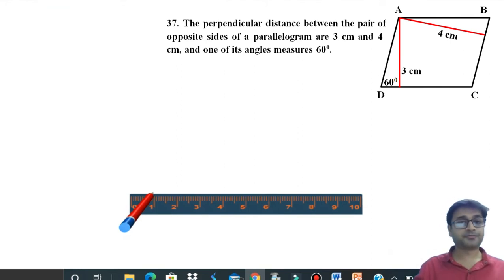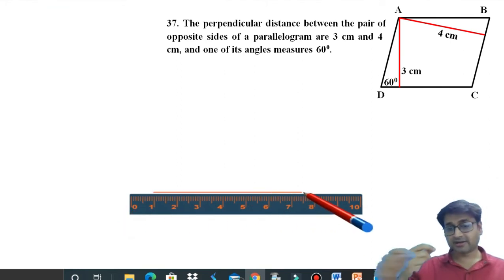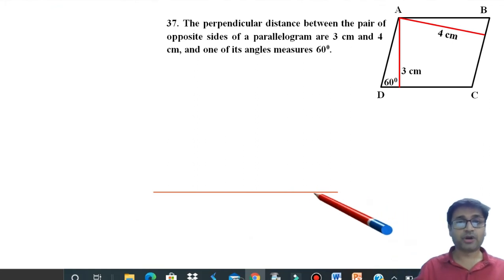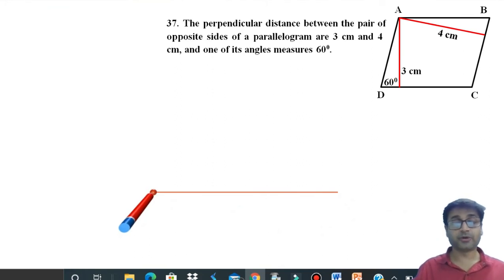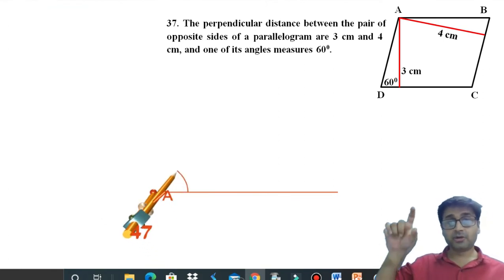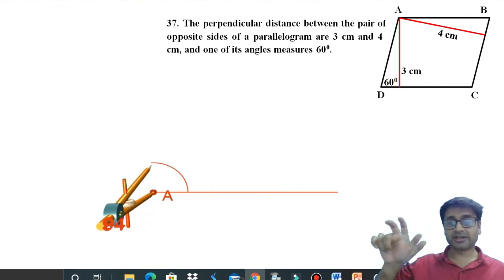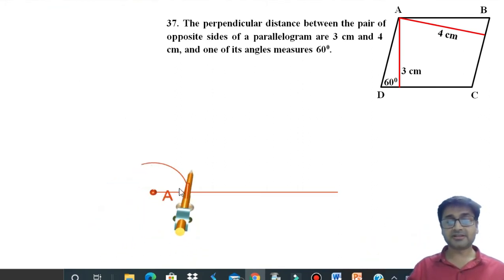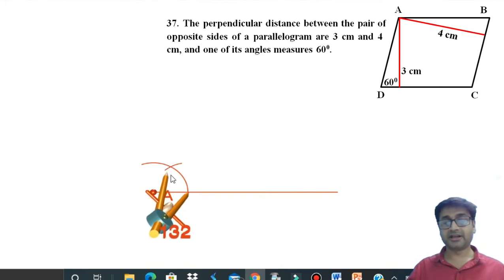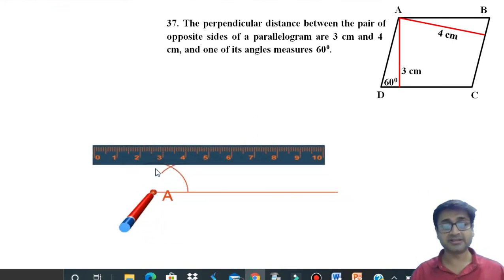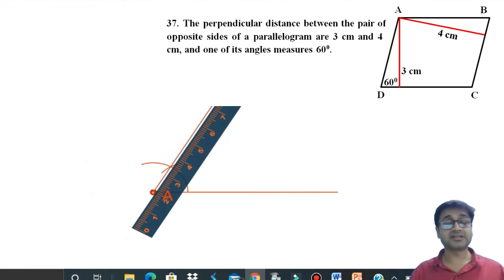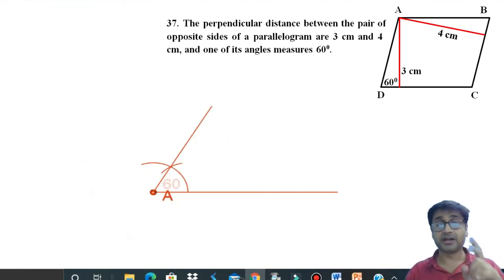Okay. So now that you don't have the base, draw a random measurement line, fix point A. Once you take point A, how are we going to go further? So I have taken point A. This is a random line. Now I know that the distance between the two parallel lines is 3 and angle A is 60. So can I at least draw angle A first and get 1 mark for sure? So I'm taking a suitable radius, keeping compass on point A, cutting an arc, and then from this point a second arc to get 60 degrees. Joining these 2 points, I get at least 60 degrees. So I will get my 1 mark for sure.